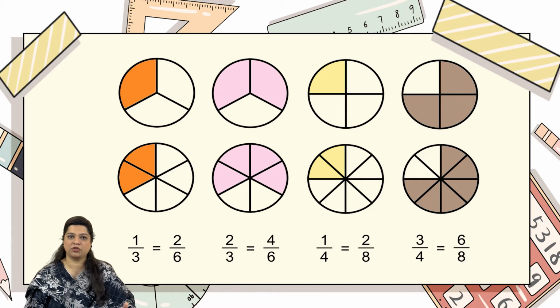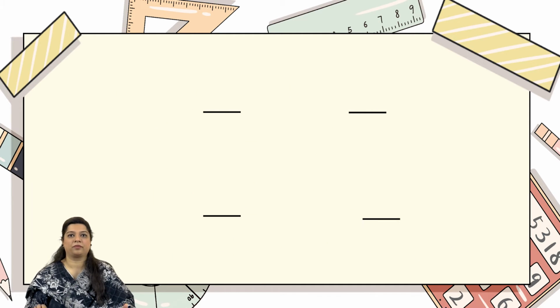The graphic representation shows these fractions. And the last part is the same. The first picture shows 3 upon 4 and the second shows 6 upon 8. The common factor is multiplied by 2 and you can easily see all of these 4 examples of fractions are equivalent to each other. Now let's solve some practice questions.